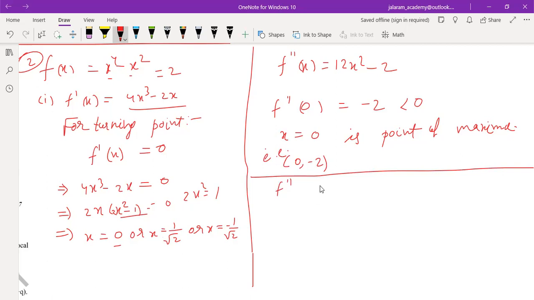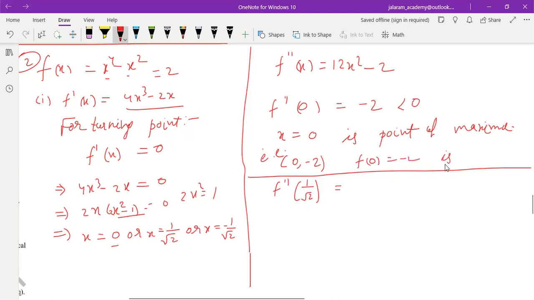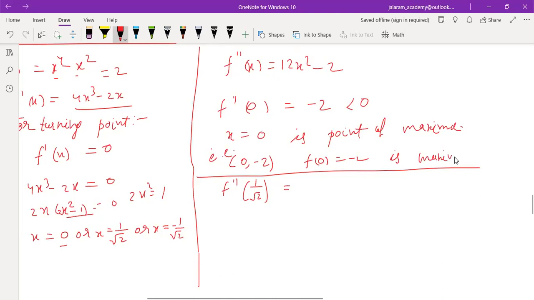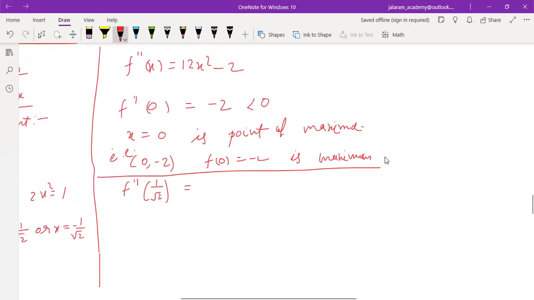Second case, f double dash of 1 by root 2. So find the value of f double dash of 1 by root 2. So it is 1 by root 2 whole to the power 4 minus, we are finding for f double dash. Clearly, this f(0) equals minus 2 is the maximum value of f(x) also. Understood, na? Minus 2 is the maximum value of f(x), means point of